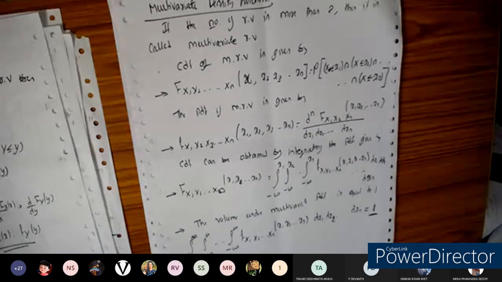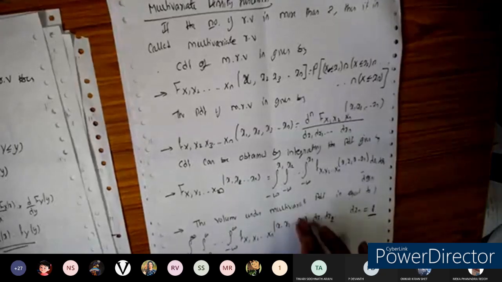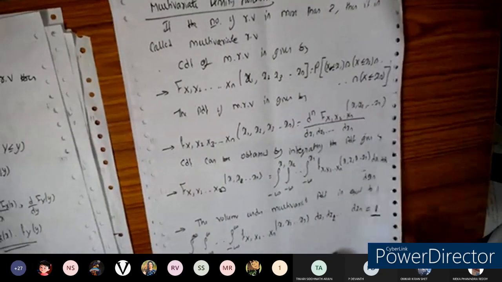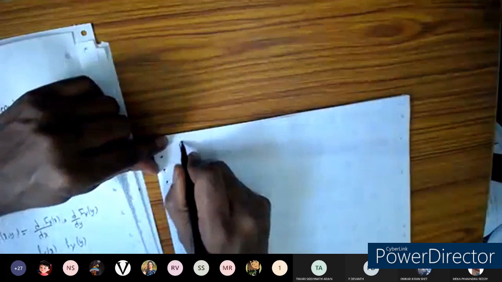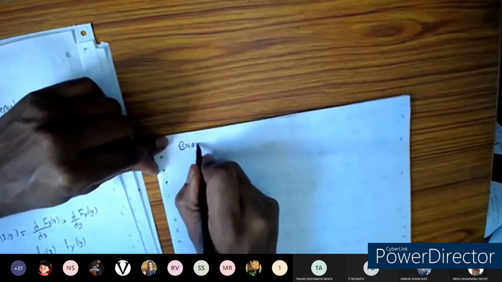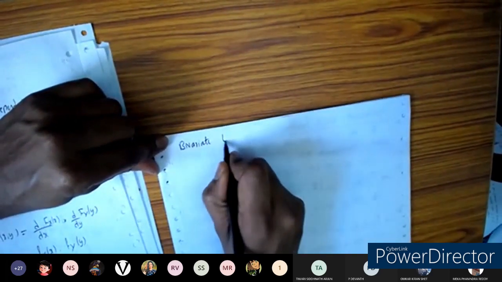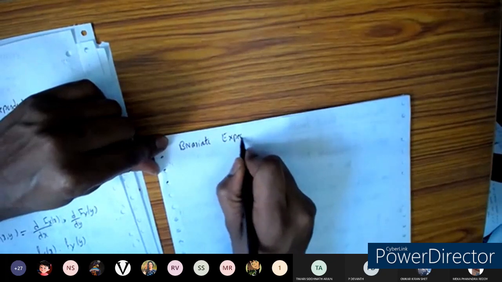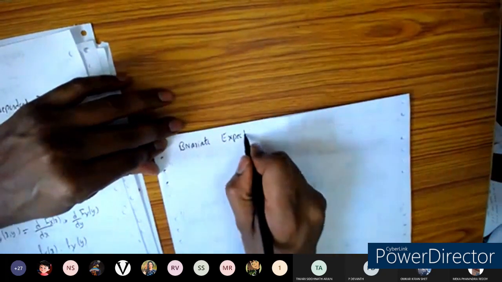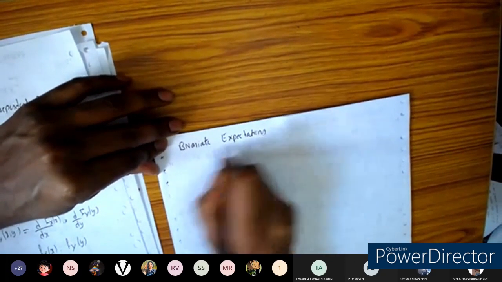Okay, fine. So this is for the multivariate random variable. Next we'll see the concept of the mean, covariance and some factors, like we saw for the mean, variance and mean square value. We'll see it for this one also. That one you're going to call bivariate expectations. So we are going to take the expectation here. So bivariate expectations we will consider here.